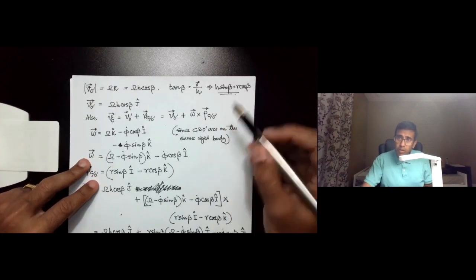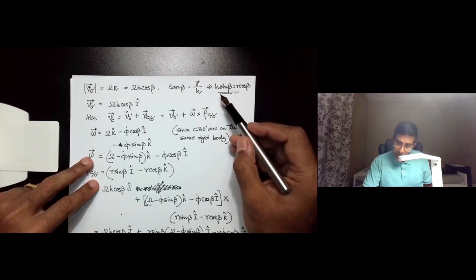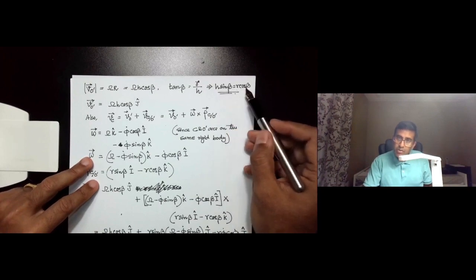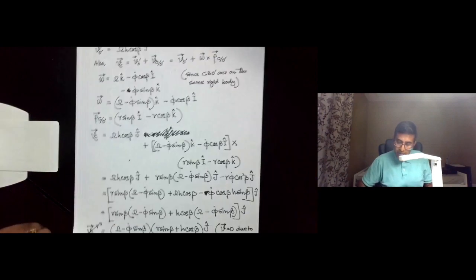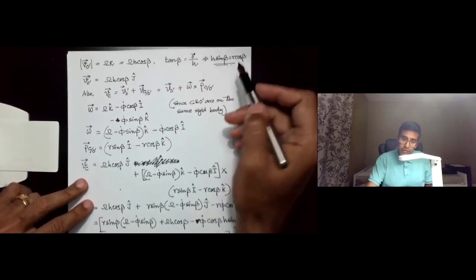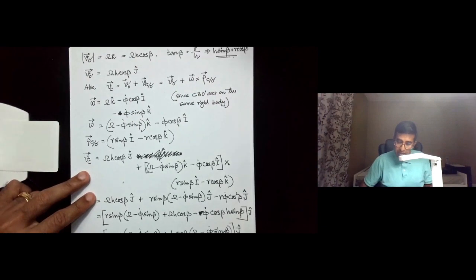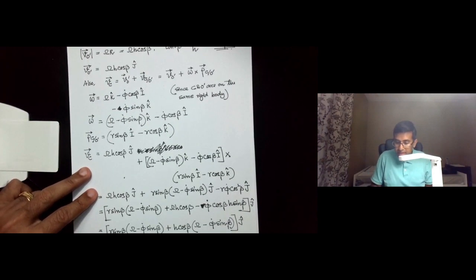Now we know from the original expression that h sine beta is equal to r cosine beta, so that actually if you take that expression and substitute over here, you will see that this expression, in fact we can do that right now, we have